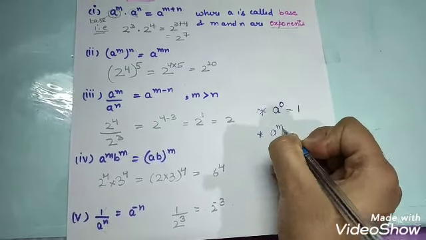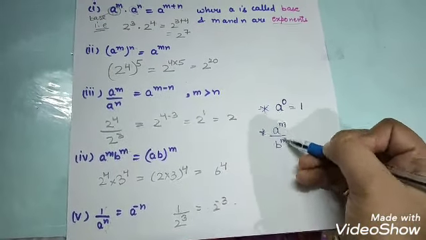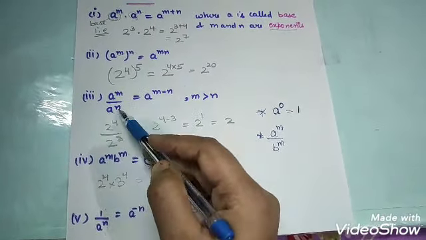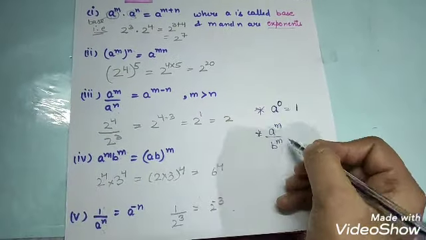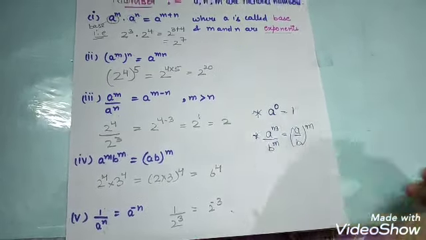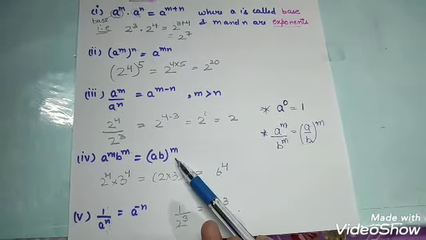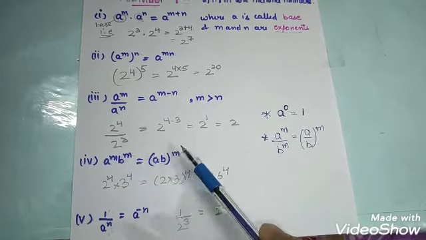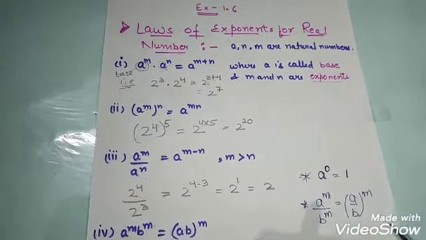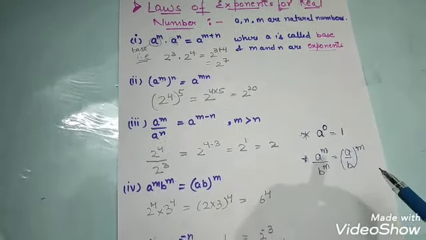If there is a to the power m divided by b to the power m, that is, now the powers are the same and the bases are different. Earlier, the bases were the same but the exponents were different. So it will become a divided by b, and the power becomes common: a by b, whole to the power m. We have multiplied these two and taken m as common. Got it? So these are the few laws of exponents that you should know before we go forward to our questions.